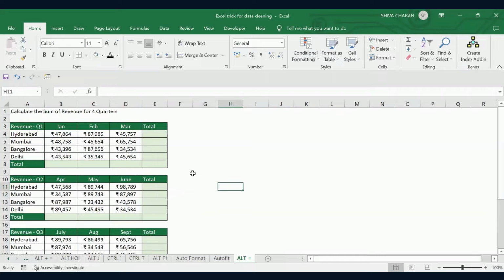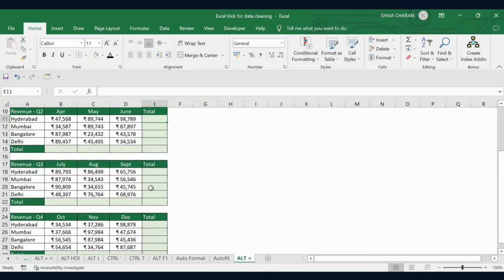In this video, I am going to show you one simple Excel trick that you can also use while working with Excel. So here I have a sample data of a few locations and their revenues quarter wise, right? So this is quarter one revenue and these are quarter two revenues for all these four locations. Now the problem is